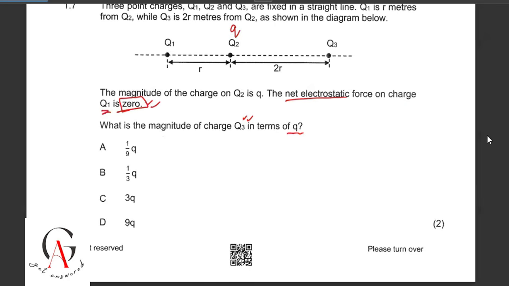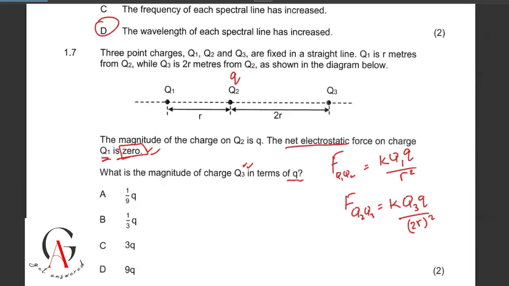So if I start by comparing Q1 and Q2, the force between Q1 and Q2 is going to be K Q1 Q divided by R squared. And then the force between Q2 and Q3 is going to be K Q3 multiplied by Q divided by twice R, squared. Now, because they say the three point charges are fixed,